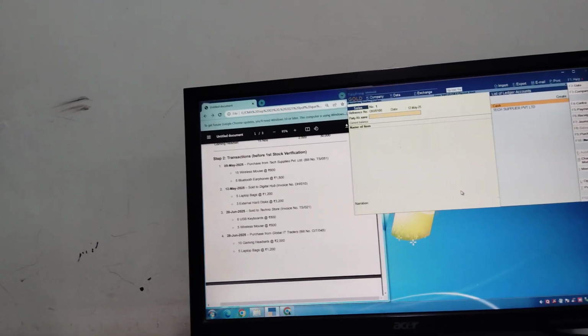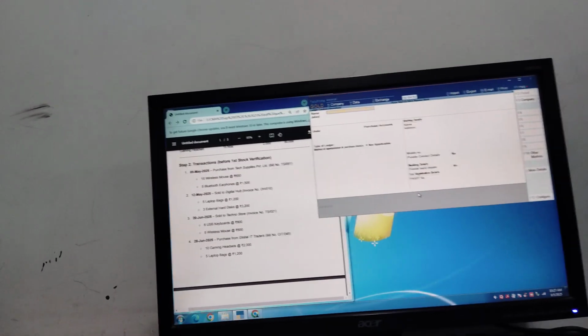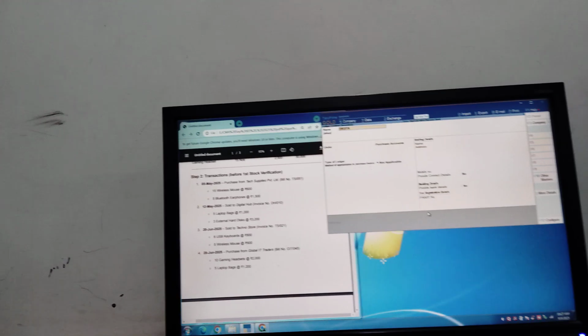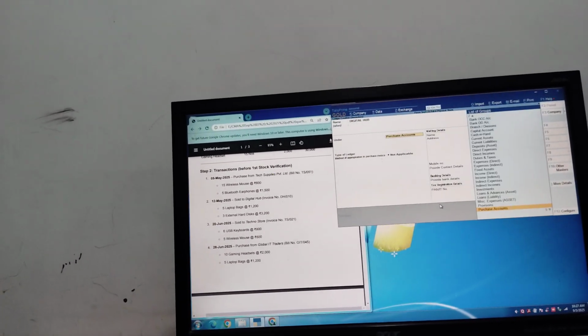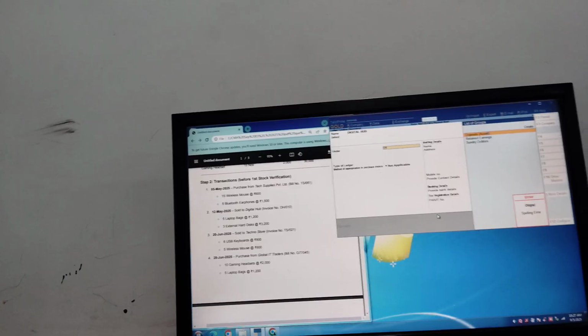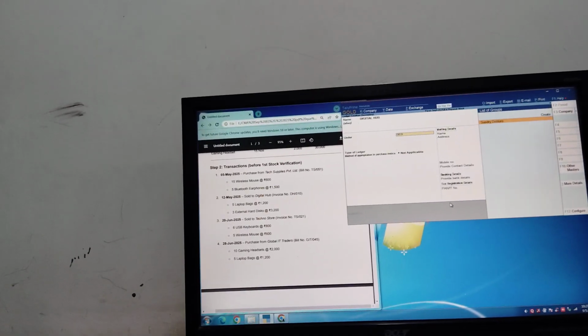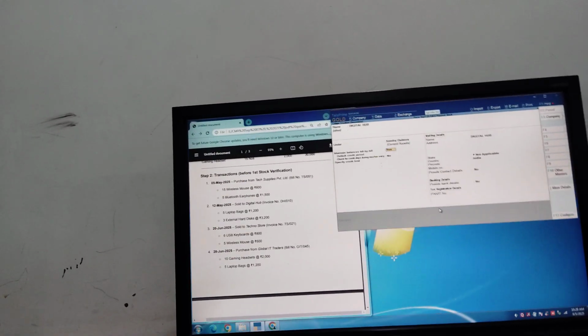Now the Digital Hub, we have to create it. We are selling to him, therefore he is our debtor. Call it Debtors, don't call it Debtor.